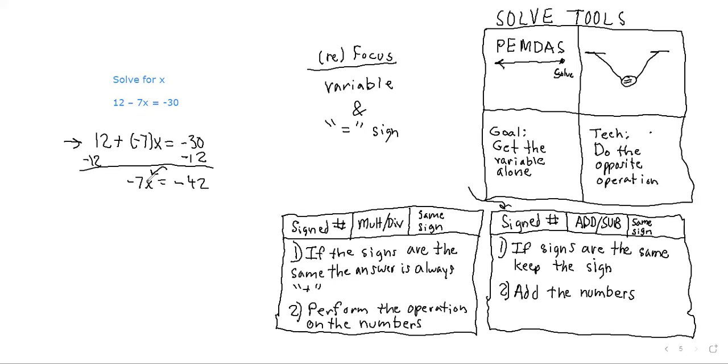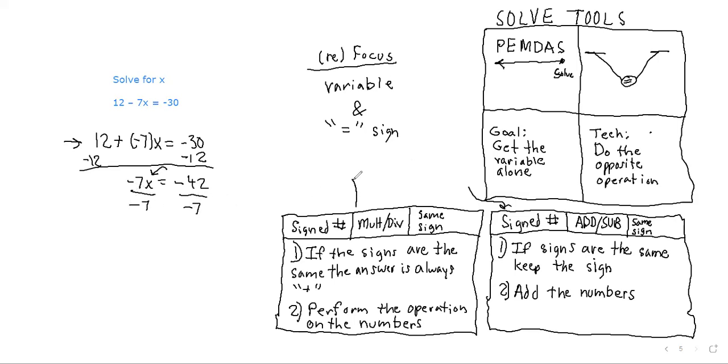So we're going to do what? Our technique is to do the opposite operation. So we're going to divide by negative 7, right? And whatever we do on one side of the equal sign, we have to do on the other. So we're going to divide on the other side by negative 7 as well, right? And then we're going to simplify this. Now we're dividing